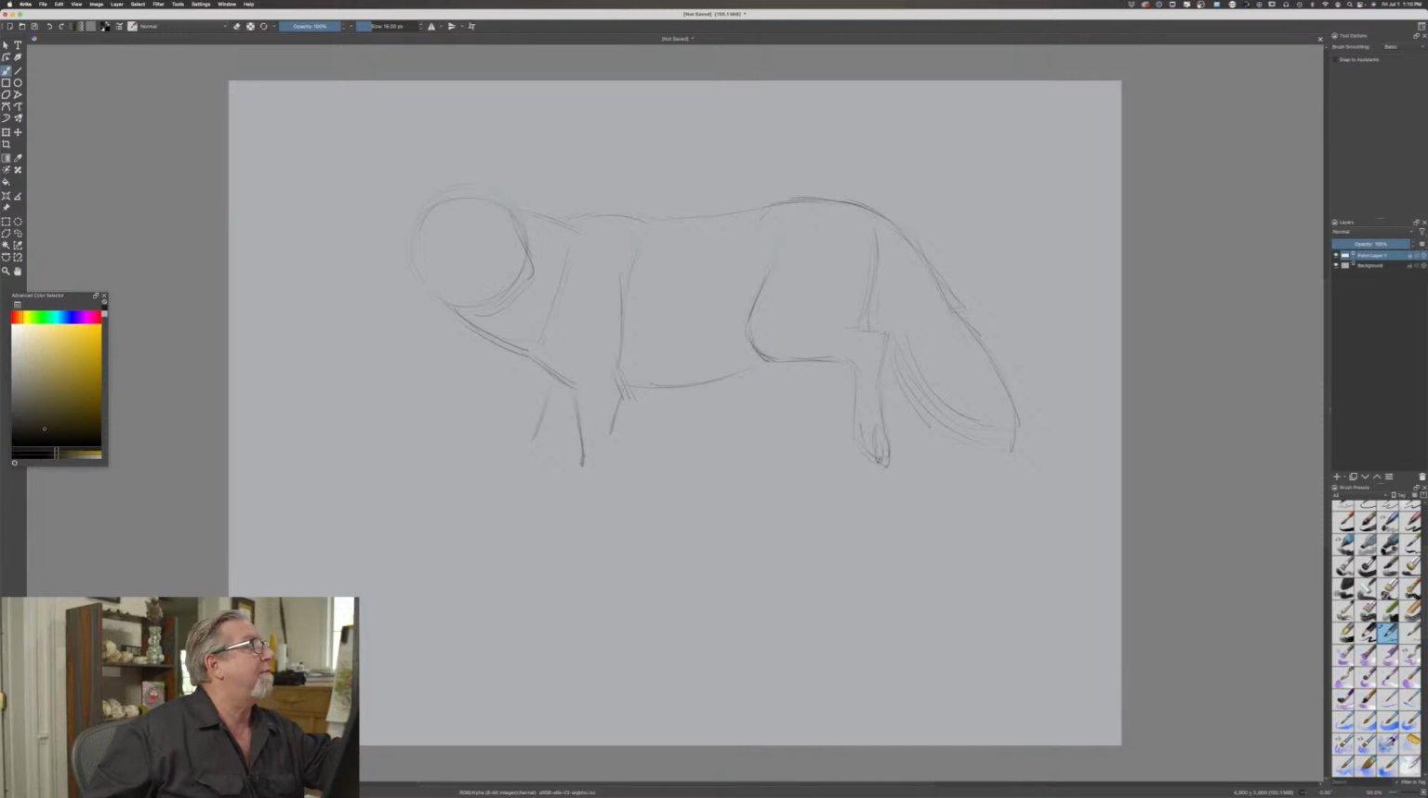So I'm just sketching rather quickly this coyote. Have you seen Minions: Rise of Gru? No. That came out just